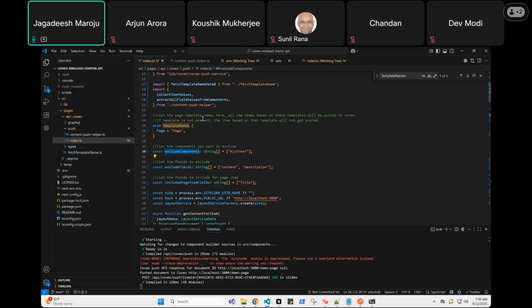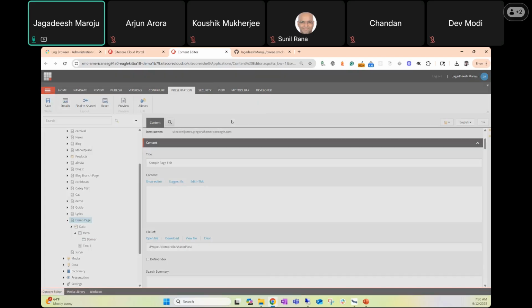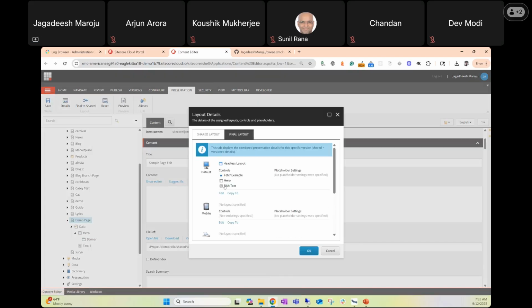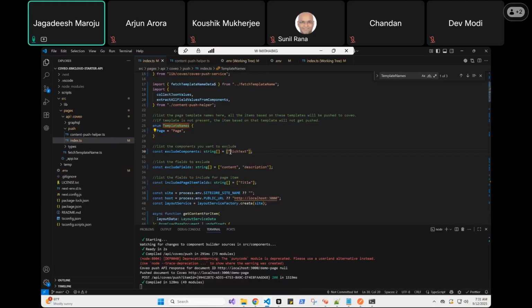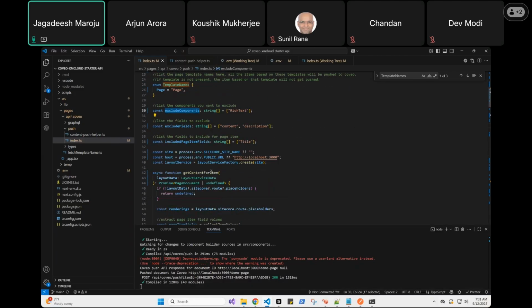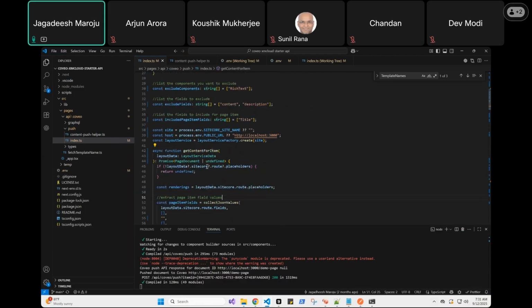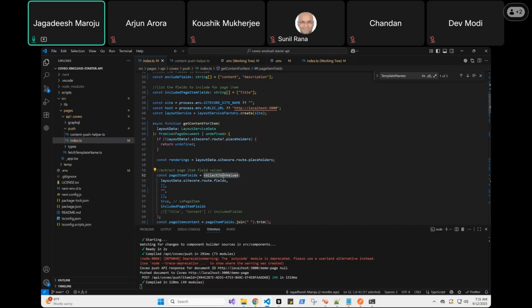There is one more, exclude components. So right now the demo page has these three components: fetch example, hero, rich text. Let's say I don't want my rich text component to get indexed into Coveo. I can just list out that particular component name in the excluded components. So that's all. Then if you go to the get content for Coveo item and collect JSON values,